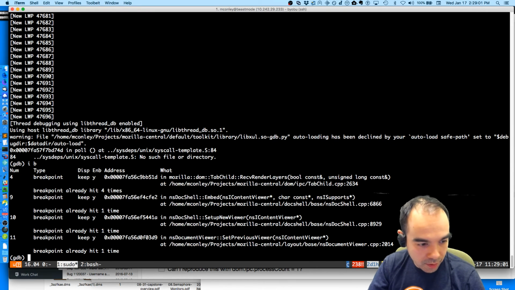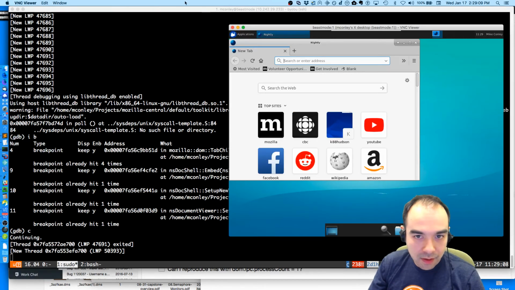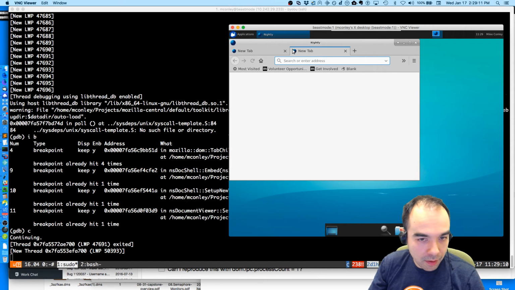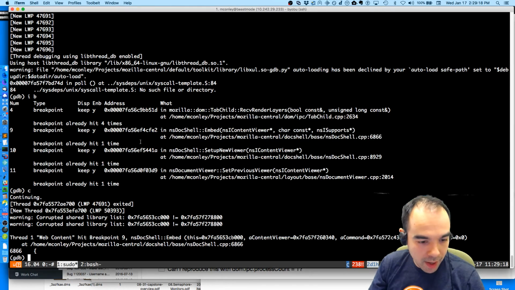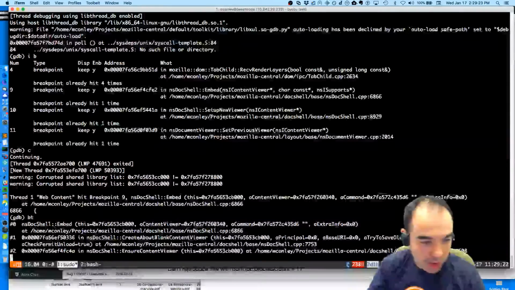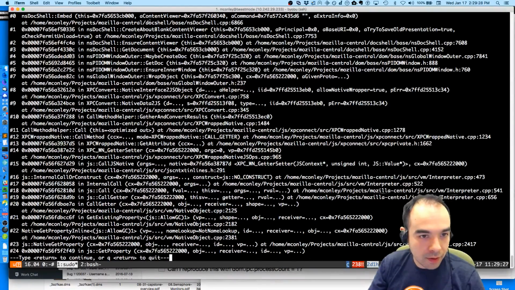So we're going to keep our breakpoints, same breakpoints as before. And let's open our tab. Embed. So we embed first. Why? Backtrace, because that explains it. We embed first because of something.